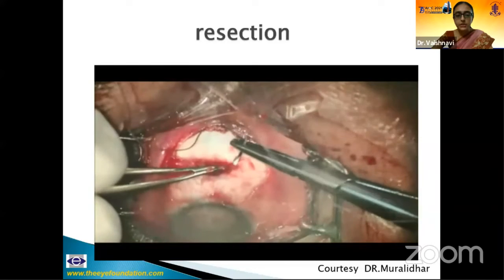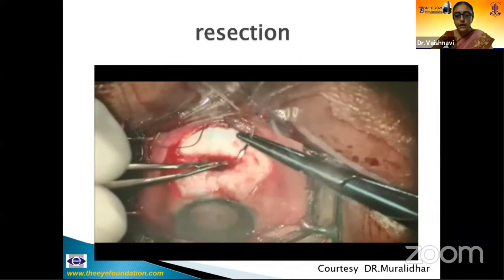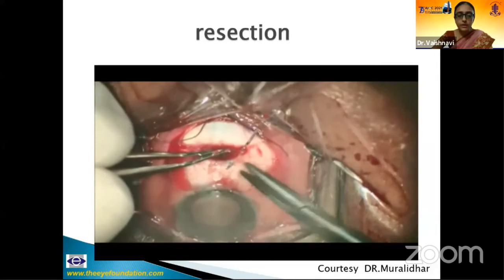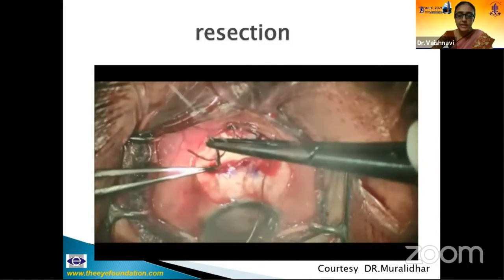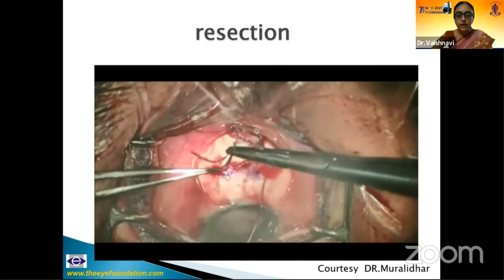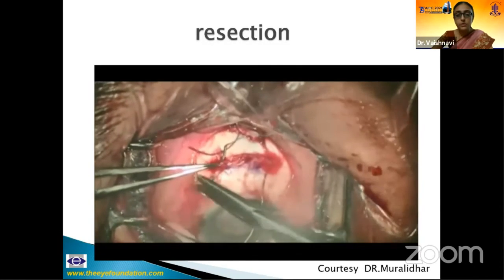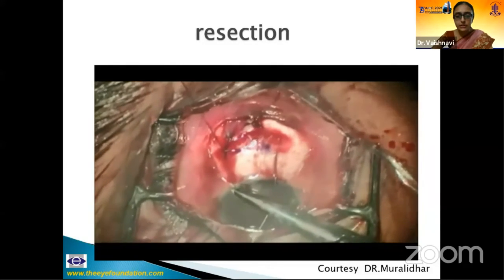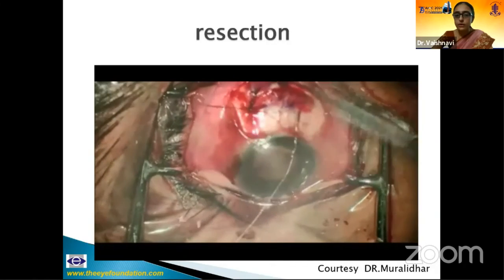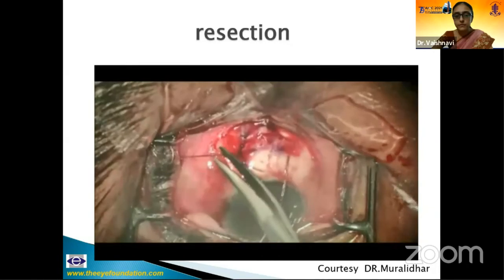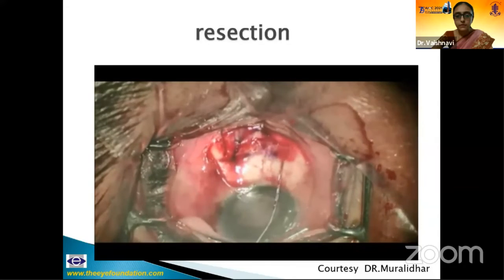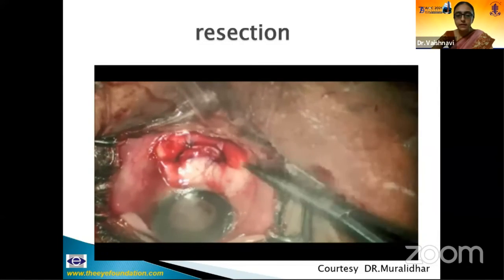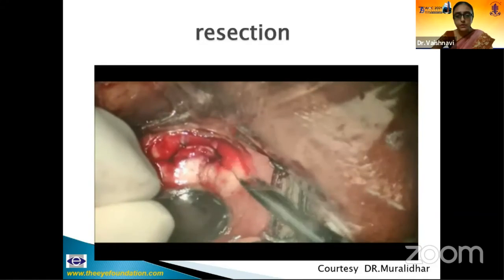Then the needles are passed through the stump so that the upper and the lower pair have at least 5 millimeters of separation. We all know that the sclera anterior to the muscle insertion is thick and posterior is very thin, so the chance of perforation is higher posterior to the insertion. So attach the muscle closer to the insertion. Make sure there is no sagging of the muscle. This is repeated on the other side. If there is any sagging, an additional suture is always put.